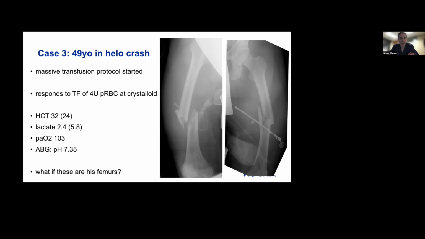But that being said, still, with segmental comminution like this, some thought needs to be given to the definitive fixation for each of these fractures. It's a little tempting, right? Like you kind of want to get started, and I know I can make them better by at least getting one of these fixed, if not both.